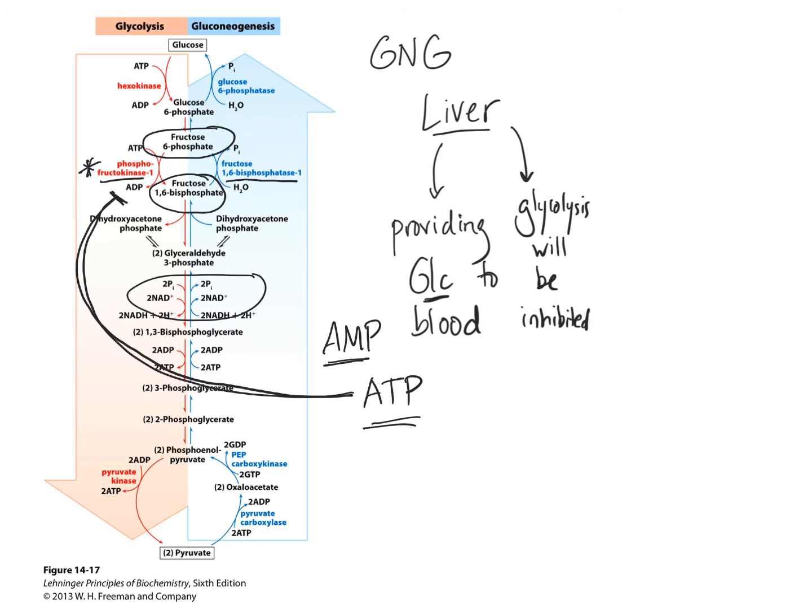AMP will bind to phosphofructokinase and activate it. It can also bind to fructose 1,6-bisphosphatase and inhibit it. When you're low on ATP, don't be spending ATP to make glucose. You can't afford it. Let glycolysis take center stage to make a bunch of ATP, and that is the important